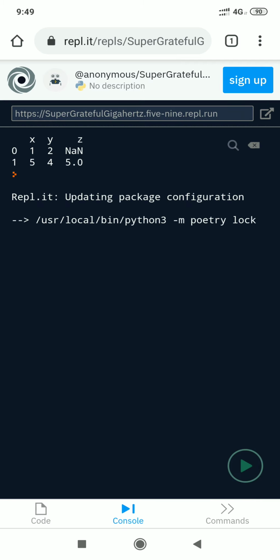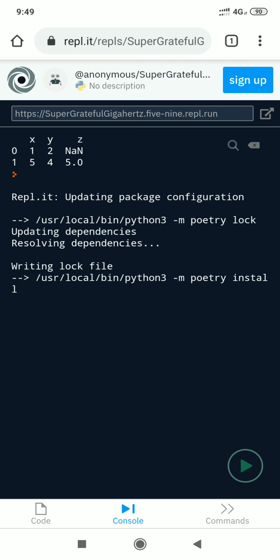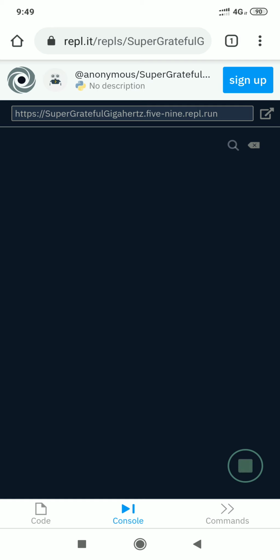For the first time it takes more time. Onwards it will execute our code quickly. We are finding that 1, 2 and in place of NaN, here we are having value 7 because we are having a value under that column.